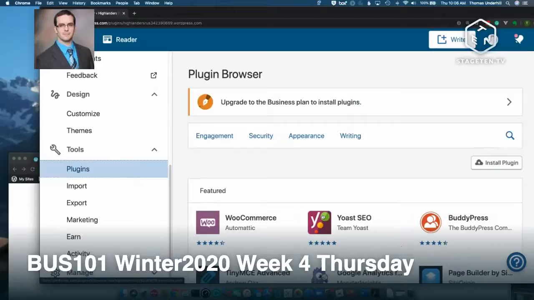I find the prices on WordPress.com to be too high. And so I chose to set up my own, even though I have to run it. Because that way I can install plugins if I want to, and I don't have to pay for them. Okay. Now,